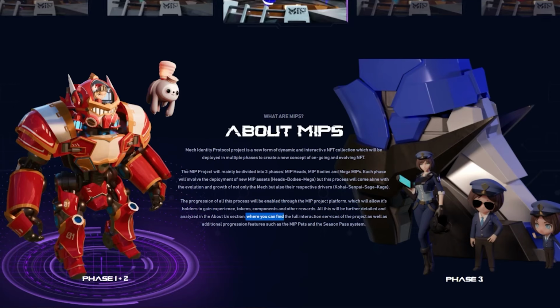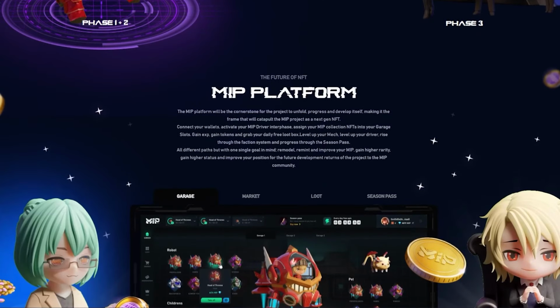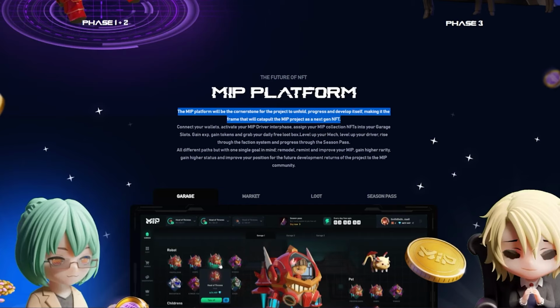We can see that's where you can find the full interaction of services of the project, as well as all additional progression features such as the MIP pets and the season pass systems. So very cool stuff that they have going on here, guys. So what's going on with the platform? Well, for the platform, you're going to be able to be part of the cornerstone of the project as they unfold, the progress and develop itself, making it the frame that will encapsulate the MIP project as the next generation